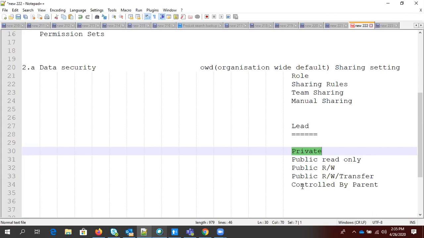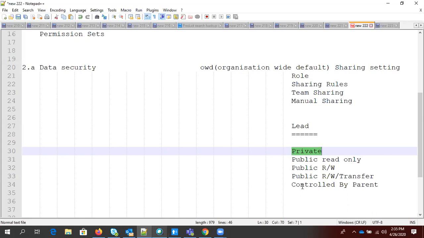I'm repeating it again. You can only see records in which you have ownership, and you can only edit the records in which you have ownership. In simple words, you can only see or edit your own record. Nobody will be able to see or edit others' records if OWD is private for a particular object. Is that clear?